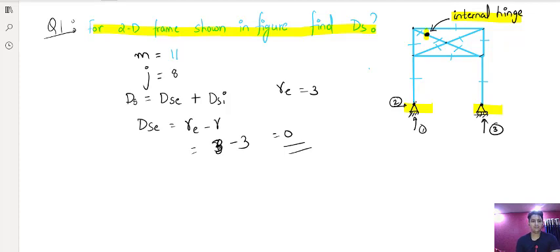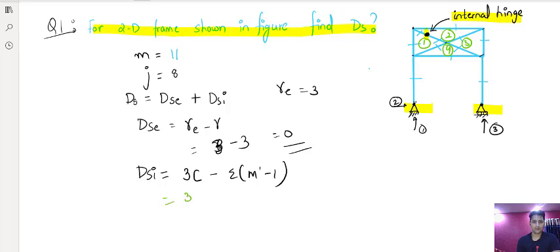So now for calculating the value of degree of static indeterminacy internally we need the formula. Remember the formula. What was the formula for the frame? The formula was 3c minus summation of m dash minus 1. This was the formula. So here what is the value of c? Here the number of closed loops are 1, 2, 3 and 4. These are the number of closed loops.